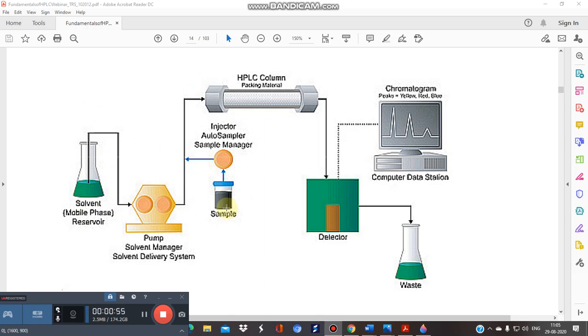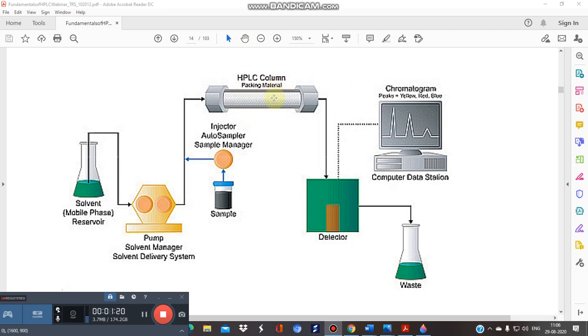And here is the sample. In chromatography, you know, we use a mixture that is to be analyzed, separated, or isolated. The sample containing the mixture is passed through the auto sampler, because this is a sophisticated automatic system. Again, this is your stationary phase that is packed in the HPLC column. This is a column specially meant for HPLC, and here is your stationary phase.